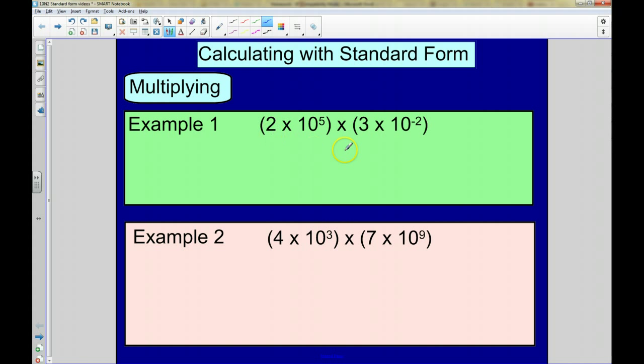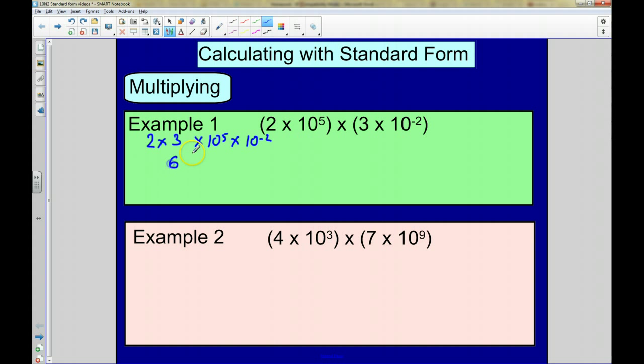So I've got the 2 and the 3 written together. So I'm going to write that as 2 times 3, and I'm going to put these two bits together as well. So I've got times by 10 to the power of 5 times 10 to the power of negative 2. Because I can write my multiplication out in any order, this up here means exactly the same as this down here, but this has made it a bit simpler because I know 2 times 3 is 6,